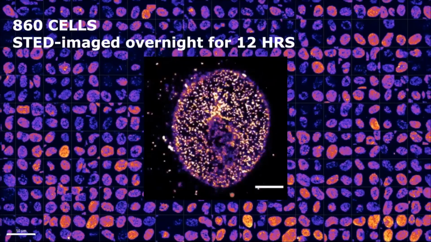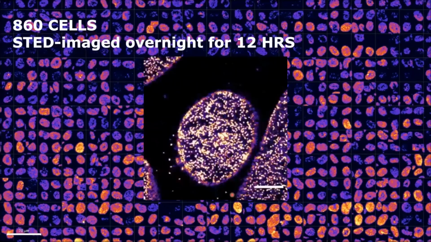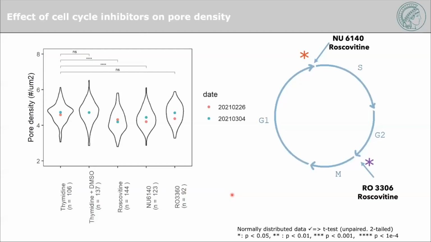With this, we could then try to answer biological questions that in fact require a lot of statistics. For instance, we asked, what happens if you put different inhibitors of the cell cycle? How does the pore density change? And what affects the new pore generation? We could measure with the pipeline how many pores per square micron there are,